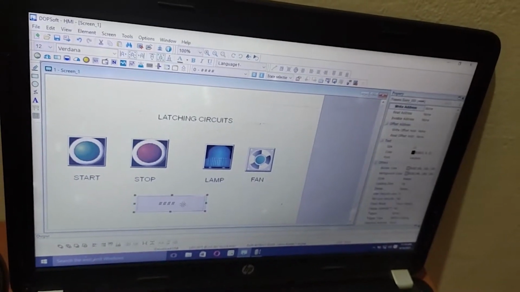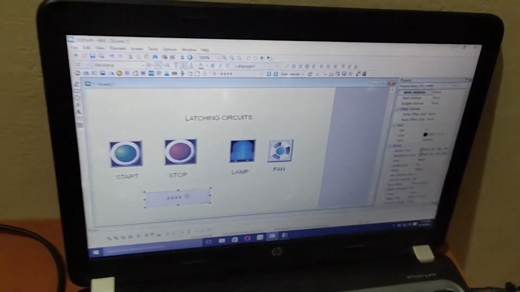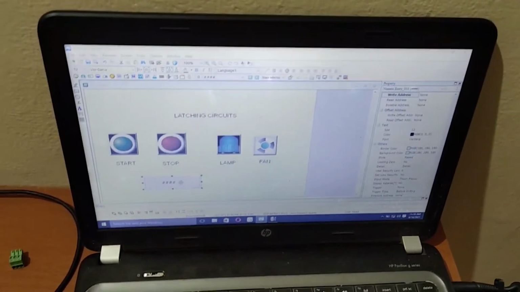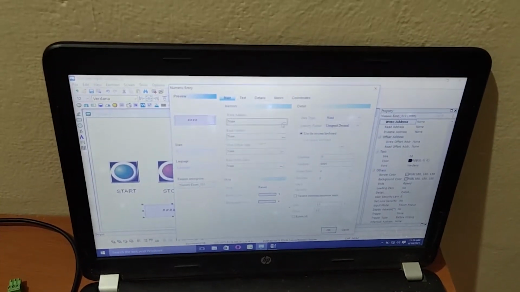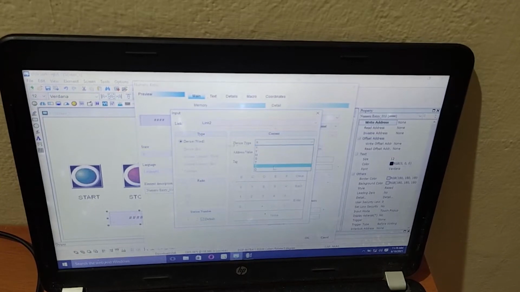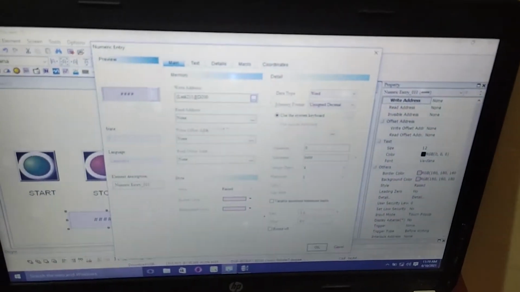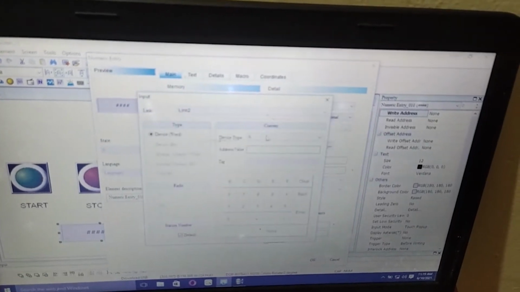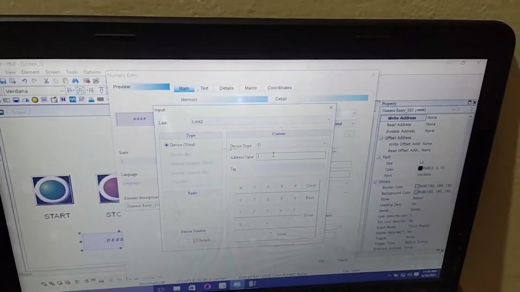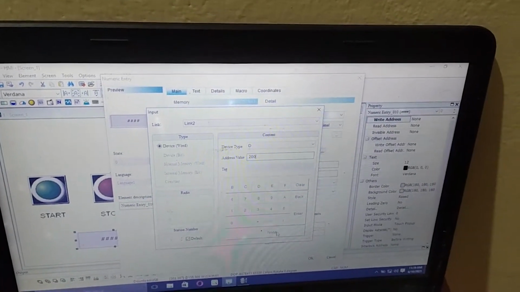I use this box. Whatever I enter in this box will go directly to the PLC. For the communication address, I give it as D200. D200 is here. Okay.